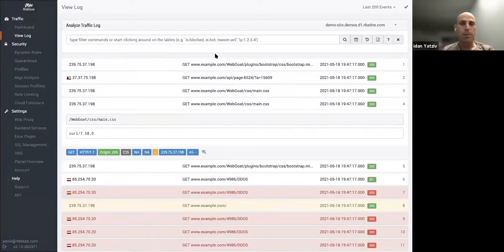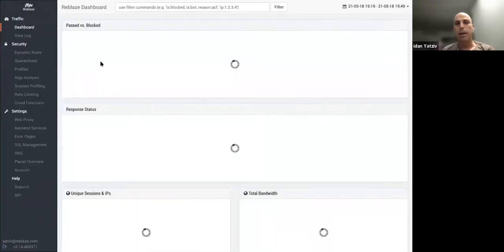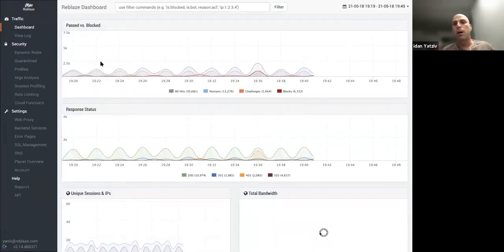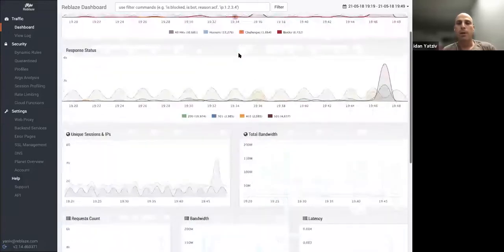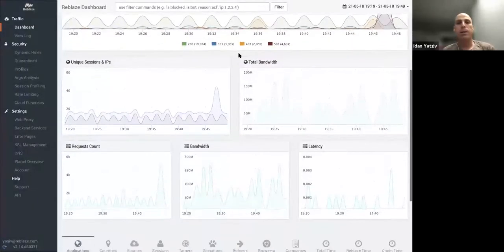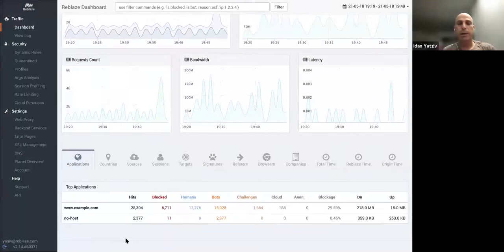When it comes to the requests, I wanted to show you that all the requests are logged, and you can see all your requests in a much more visual way. You can see how many requests were made, and how many requests were responded to with the bot mitigation. We call that a challenge in Reblaze. You can also see response codes, bandwidth, and statistics based on your application. This is a demo environment, but I'm going to show you a live